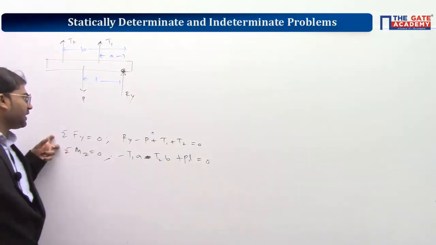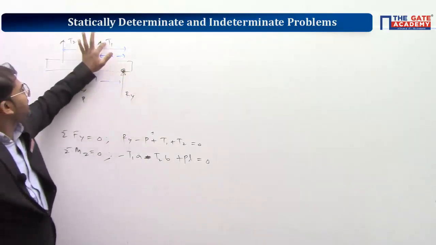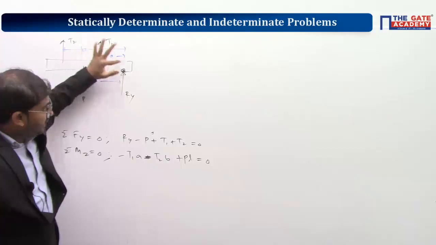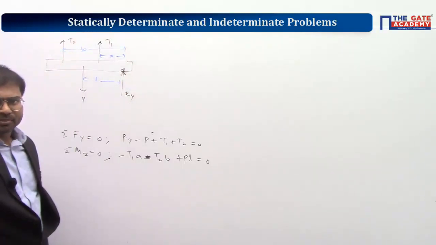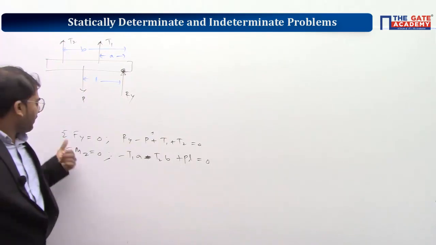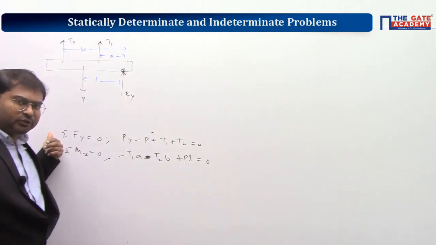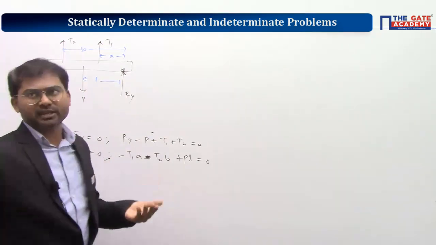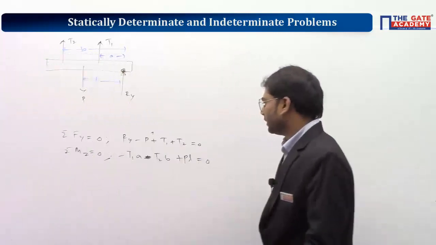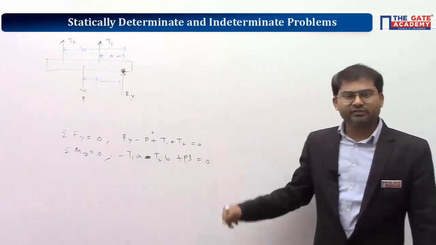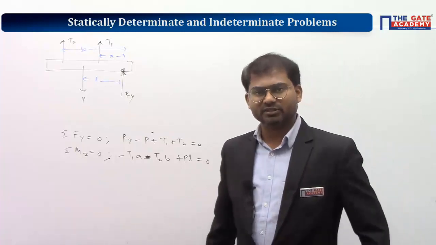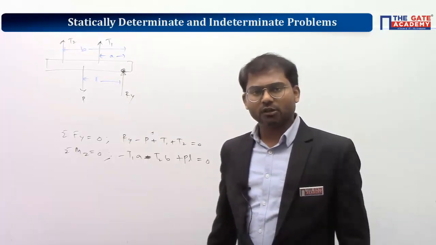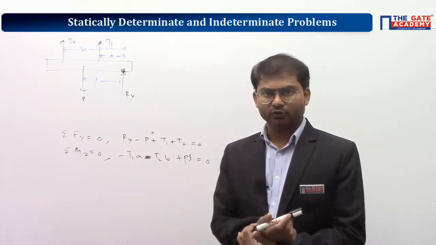Now we have only two equations and we have three unknowns, Ry, T1, T2. And out of these three unknowns, they're expecting us to get the value of T1 and T2. Understood everybody? Clear? So if I have effectively two equations and three unknowns, more unknowns are there, so it's a statically indeterminate type of numerical. So by using these two equations, we can't get the answer. So now we have to get another extra equation by using some condition so that we can solve those three equations and get the value of T1 and T2.